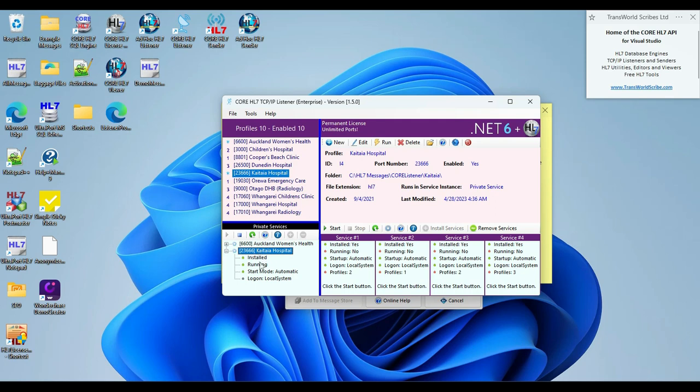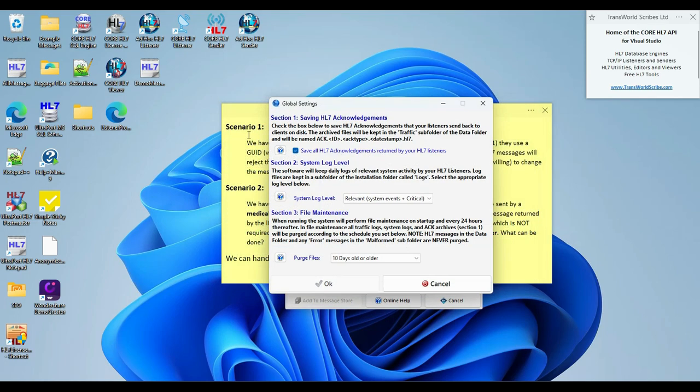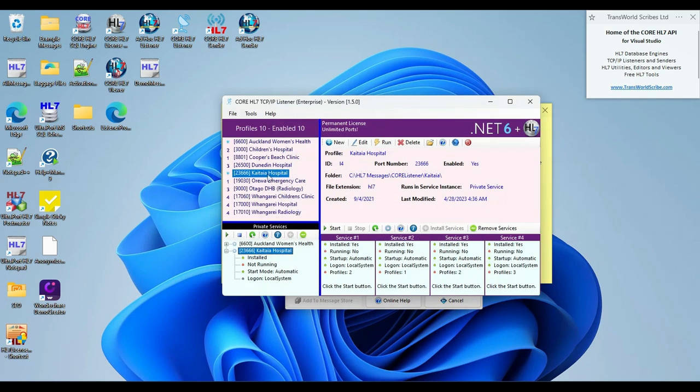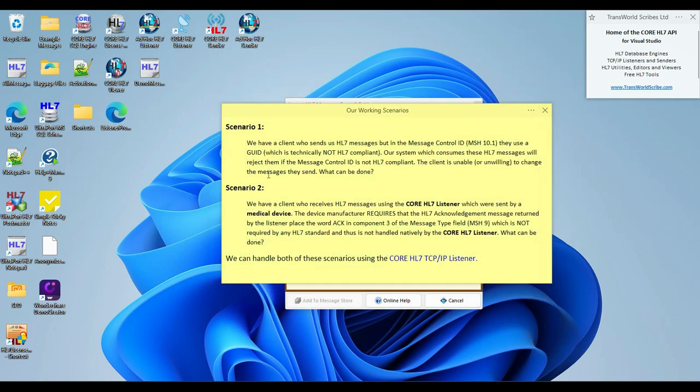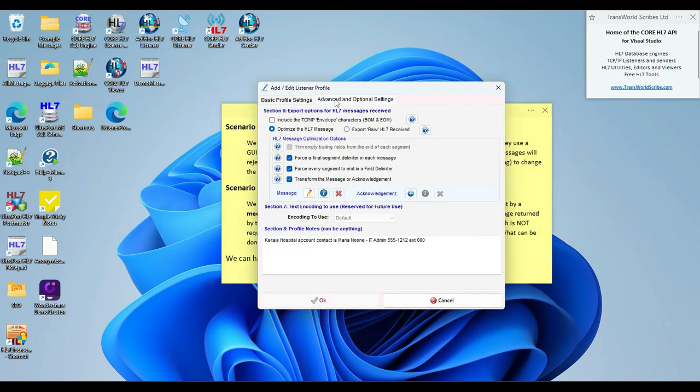I'm going to edit the profile, so I need to make sure that my service is stopped. I'm also going to go into the global settings and make sure that we're archiving the acknowledgements, saving all the acknowledgements that are received by our listener. Now, edit my profile, advanced and optional settings. If I wanted to clear that previous solution, I could just click the X, but I'm going to add a new